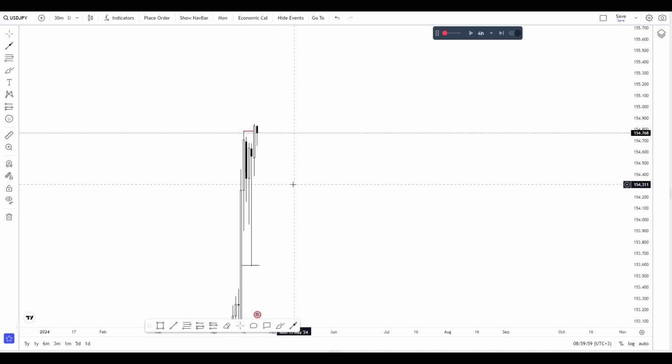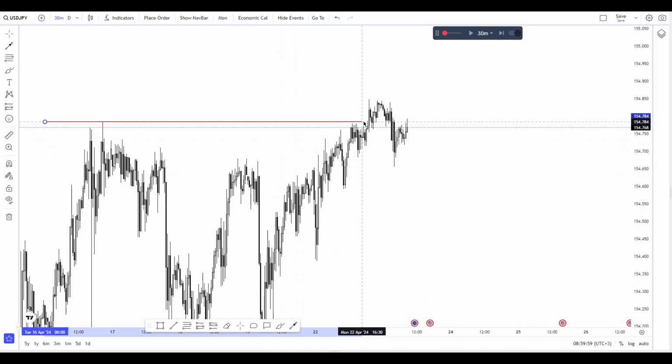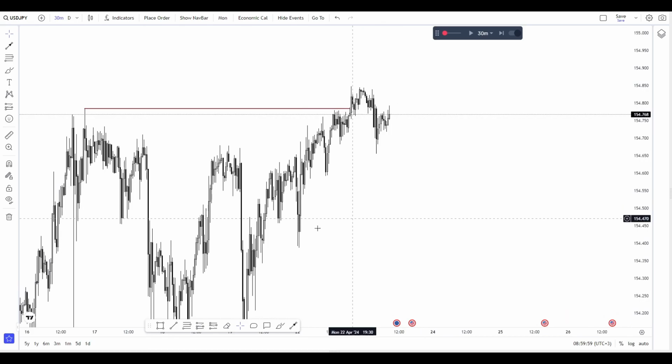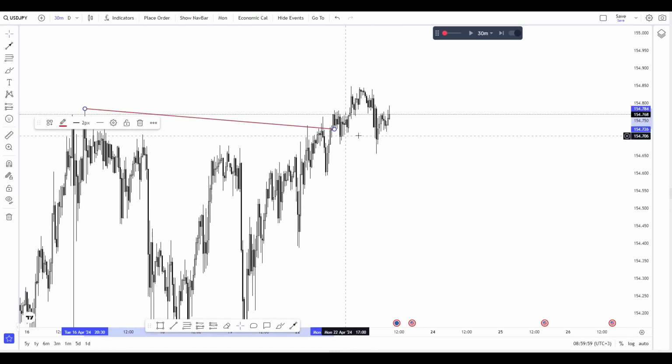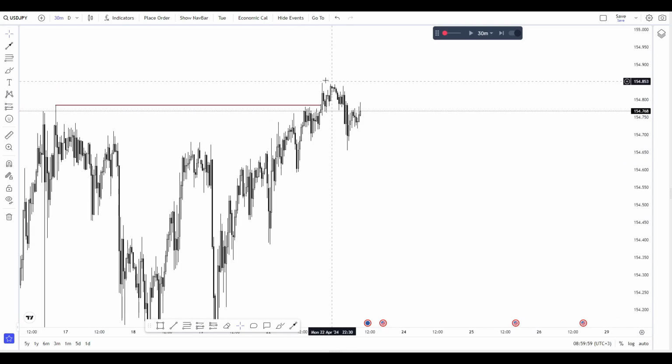Here we can go to the 30-minute time frame. On the 30-minute time frame, we can also see that price is moving at bullish order flow. Also, we can see that price hits my zero information point, and if you don't know what a zero information point is, then you should watch our other video. I will leave the links below.